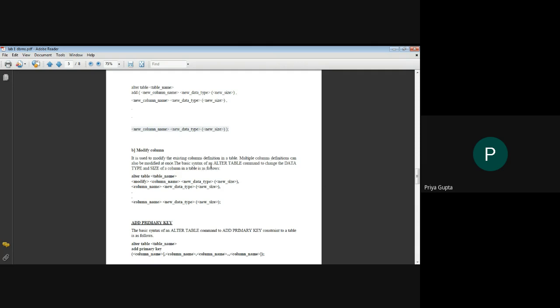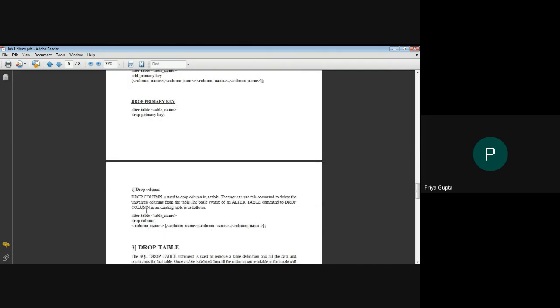The basic syntax of the alter table command to change the data type and size of the column in a table is as follows. So we write alter table, then the table name, and we specify the column name that is going to be changed, and specify all the details related to that particular column.